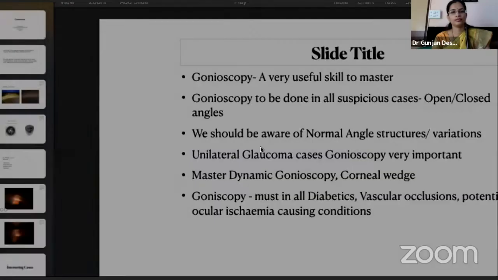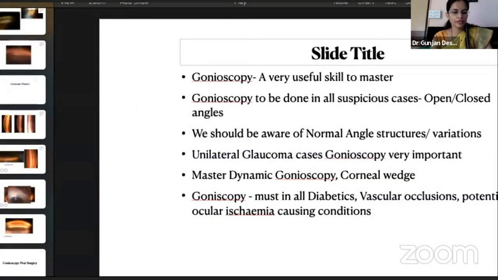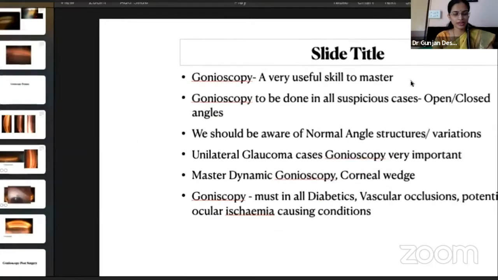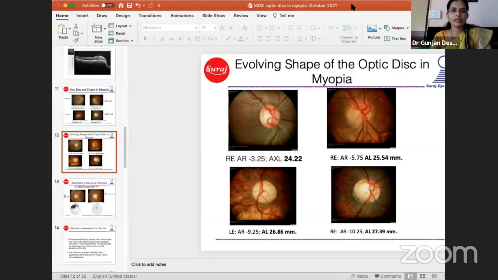Thank you. Thank you, Dr. Aditya. It was a very nice comparison, both of photographs and your videos. We'll come back to discussion later on. Can I now please call upon Dr. Vinay Nangia, sir? He was the past president of GSI, and he'll be talking on the mystery of the myopic optic nerve. Nangia, sir, please.